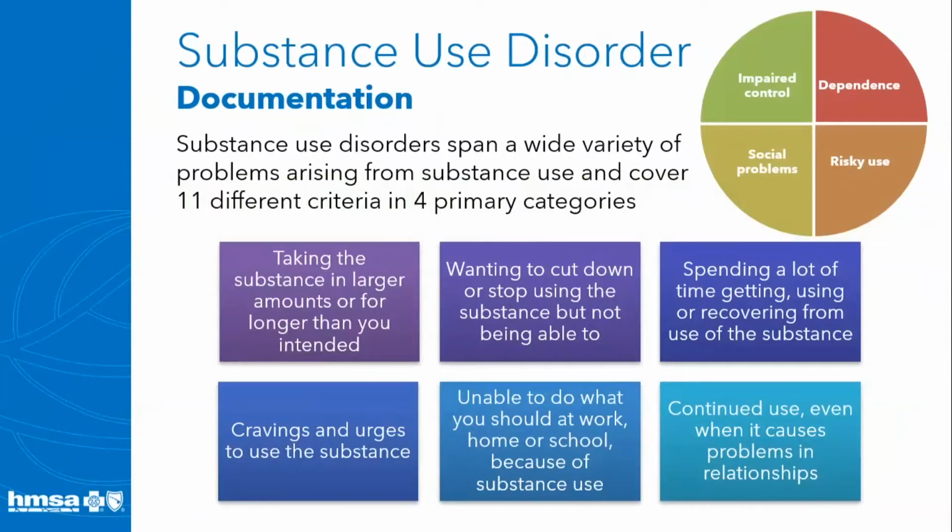The 11 criteria include taking the substance in larger amounts or for longer than you're meant to, wanting to cut down or stop using the substance but not managing to, spending a lot of time acquiring, using, or recovering from use of the substance, cravings and urges to use the substance,